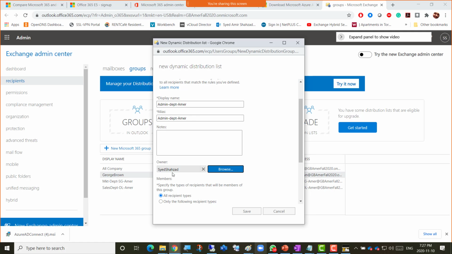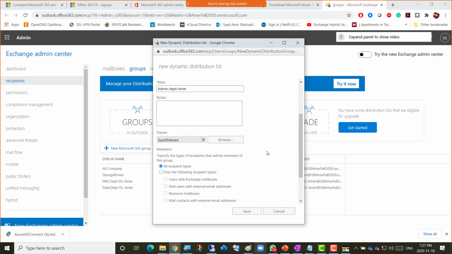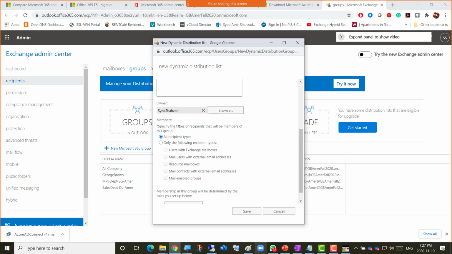So you can just add your name with which you're logged in already, right? So your first name, just type there and search it and add it here, right? And this is the only thing you add, but you don't add members here, right? So how does it work then if you don't add members? So if you go down, it says members, but then it says specify the types of recipients that will be